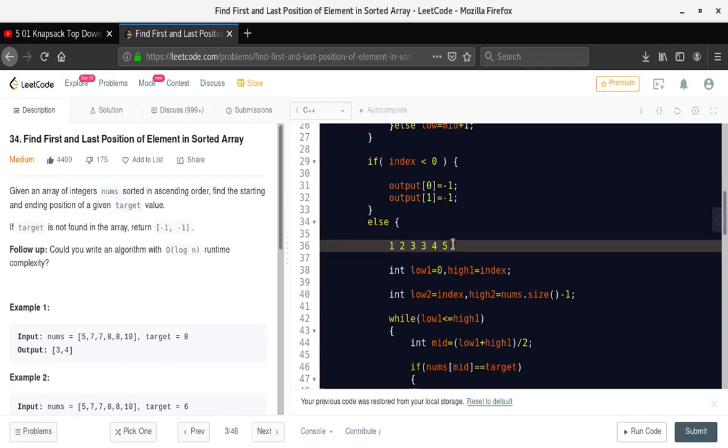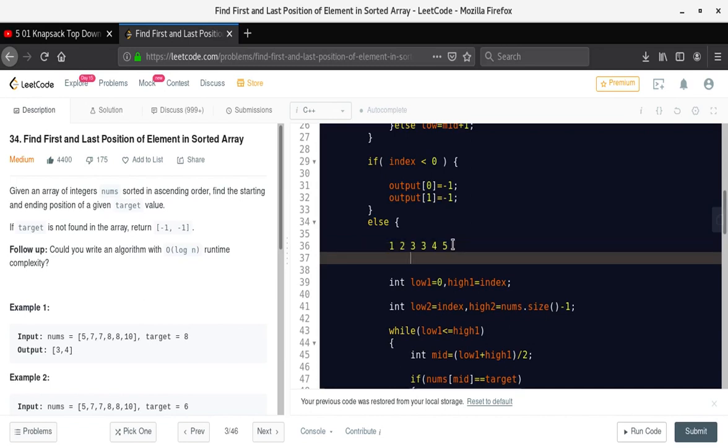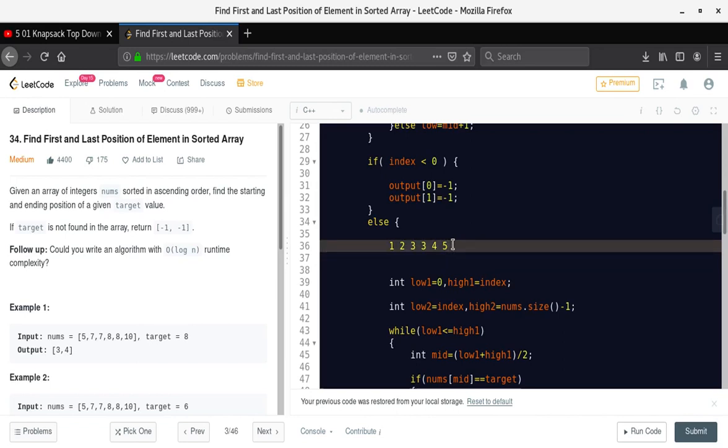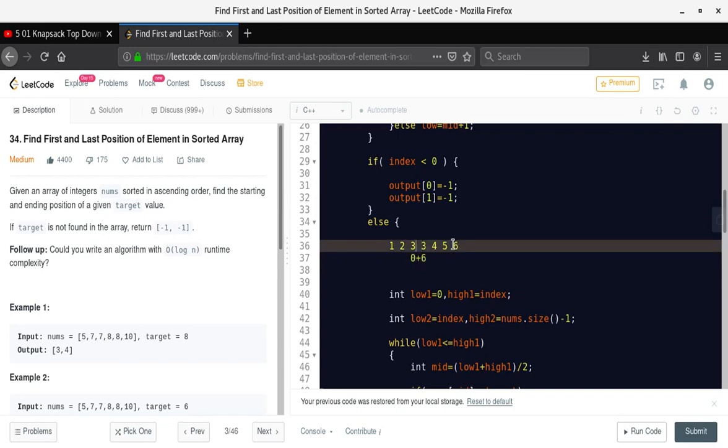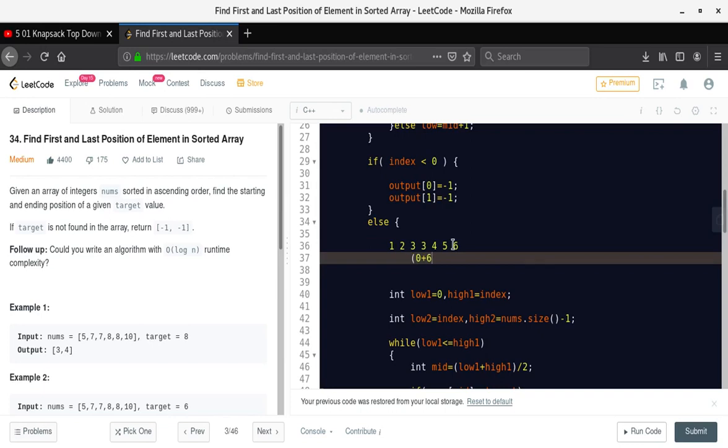In binary search, what we do is divide low plus high by 2. So here let's add one more element, so we have 7 elements. In binary search, we take low index plus high index divided by 2. Here low index is 0, high index is 6 because we have 7 elements, divided by 2, right?